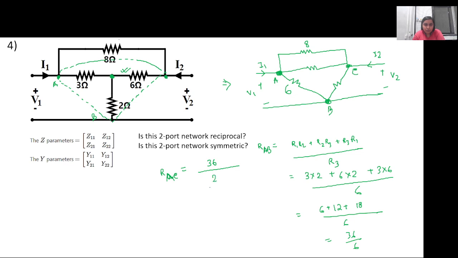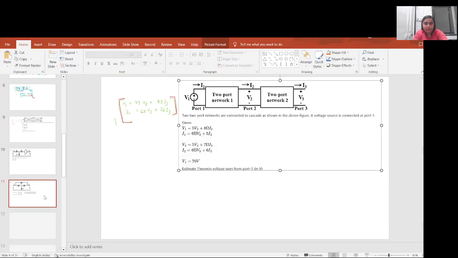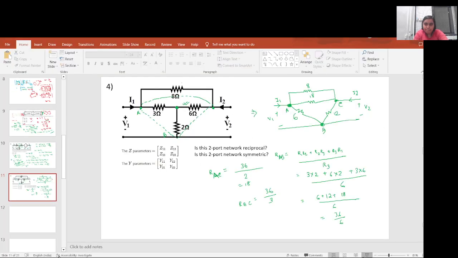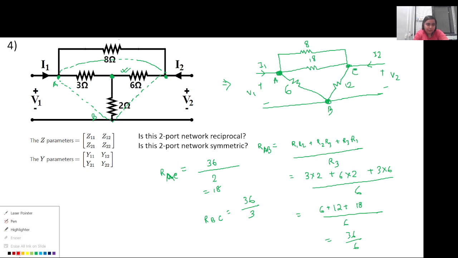Divided by 2. So this is 18. And in the third case, BC will be divided by 3, right? So 12. This is 12. So this network can be redrawn, just for the ease of our